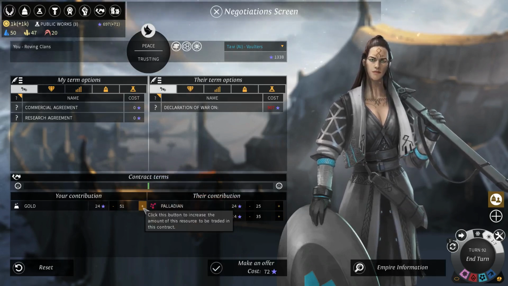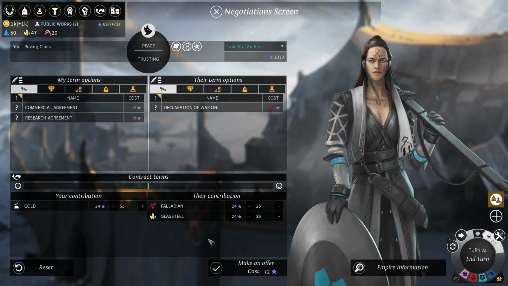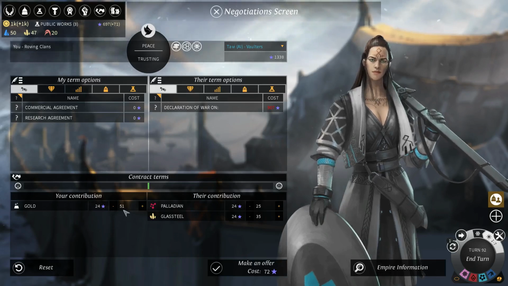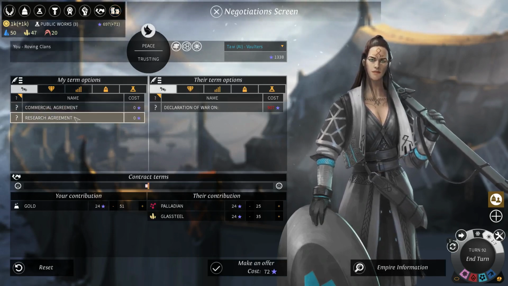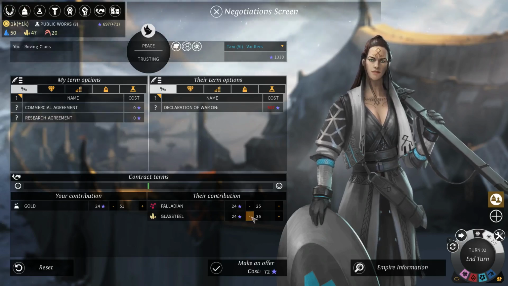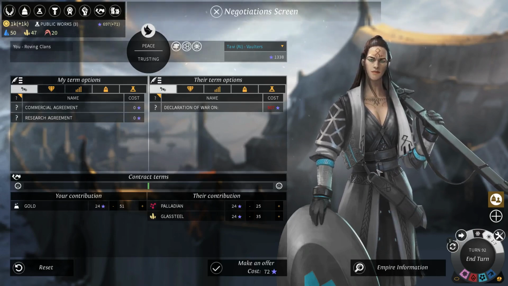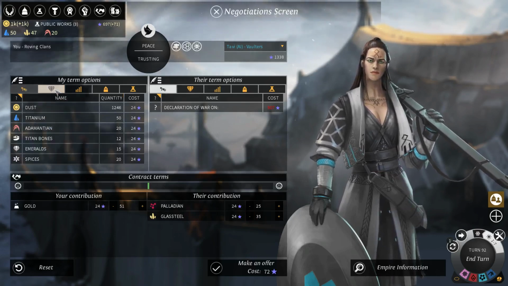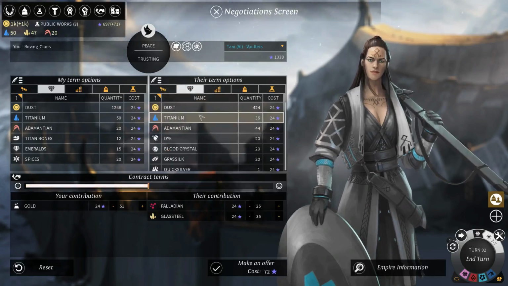Yeah, we're gonna need a lot of glass steel, not just now, but... There we go. So, with a little bit of gold, like 50 gold, that's a rather cheap resource on the market, we're able to buy 60 resources off of the Walters, which ordinarily we would be able to buy with dust, especially when they have like almost no dust